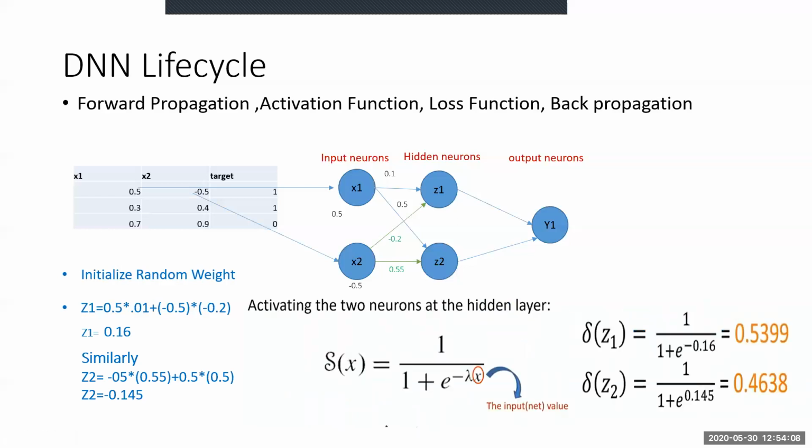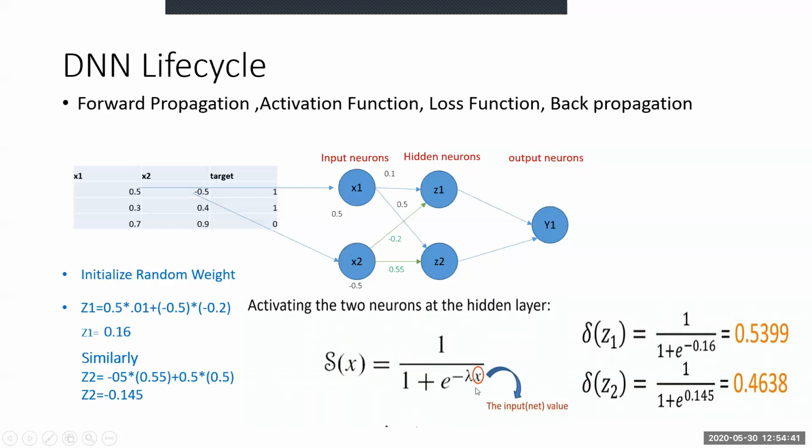So for simplicity, we'll use the sigmoidal function as the activation function. In subsequent sessions, we'll learn what the activation functions are, and when and how to use them for which particular applications. This is the formula of the sigmoidal activation function, where lambda is the regularization. Here we'll use lambda as 1 because as of now we are not going ahead with regularization. We'll study more about this later, in subsequent classes.